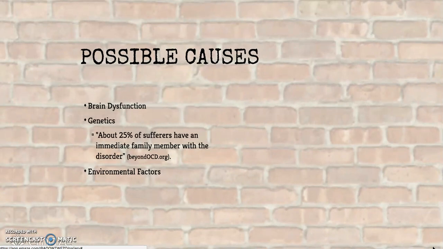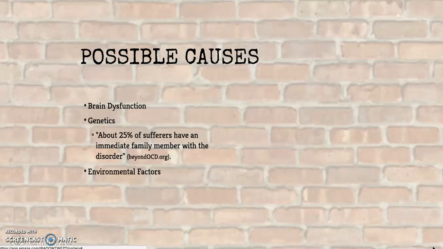Scientists do not yet know exactly what causes someone to have obsessive compulsive disorder. However, they believe that there are 3 factors that may be possible causes. Through neuroimaging, researchers are able to demonstrate that certain areas of the brain act differently with someone who has OCD versus someone that does not. They believe that this is a result of abnormalities in the brain where the neurotransmitters prevent messages from reaching various parts of the brain.